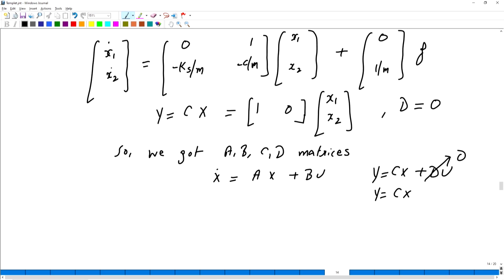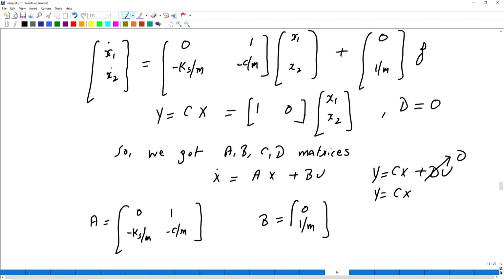Now A matrix is 0 1, minus Ks by M, minus C by M, and then B is 0 1 by M, C is 1 and 0, and of course D is 0.